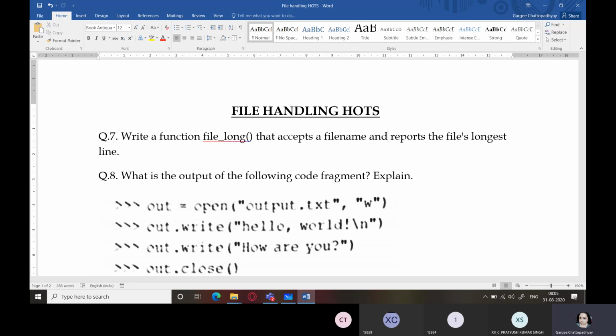So what we are going to do is see how you can write answers in your theory exam. When it comes to theory exam, if in the question it has been asked to write a function, then you have to write a function only. You don't have to write any additional statements for running that function. Got it? Because in your theory exam you don't have much time to waste.